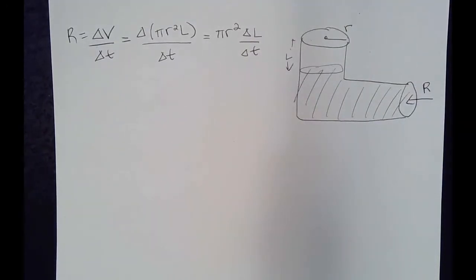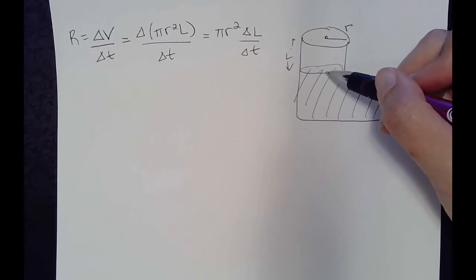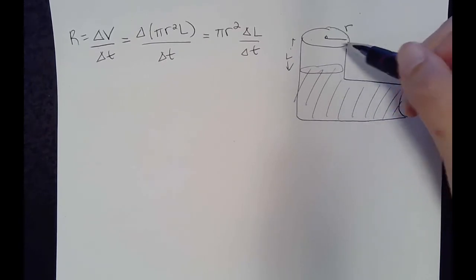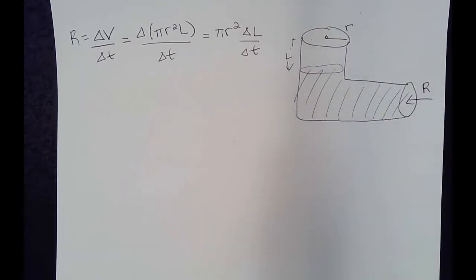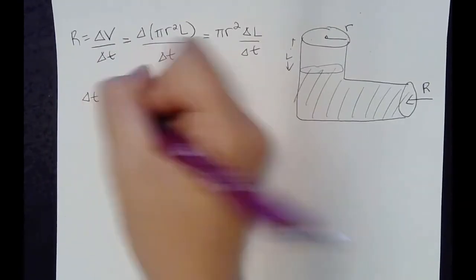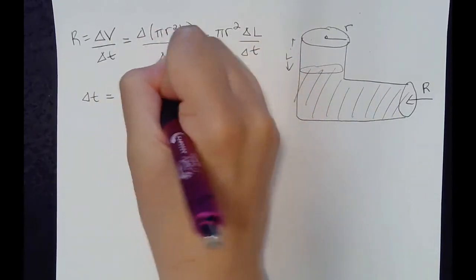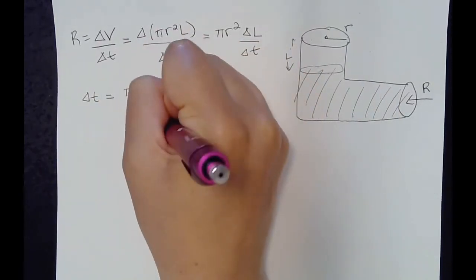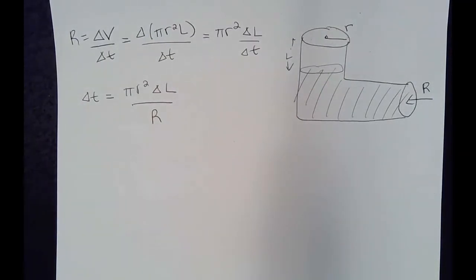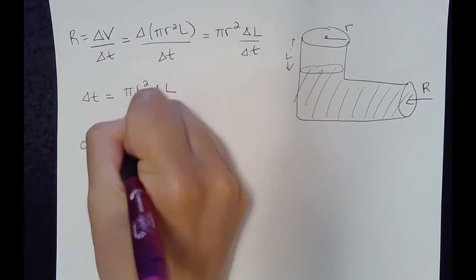over delta t. Now this air column portion is closed at the water level here and open at the other end, so it's open closed. And we'll use that because we want to solve for delta t. So if I rearrange, I have delta t equals pi r squared delta L over R. And we want to plug in for that delta L. So since this is open closed,